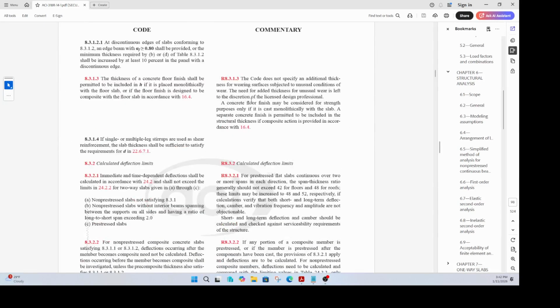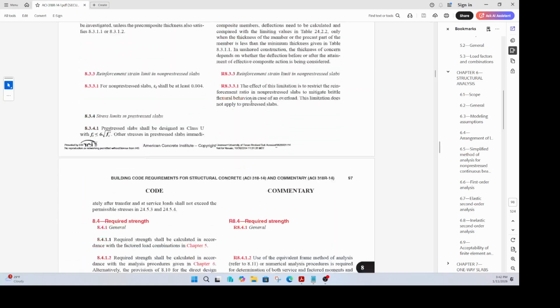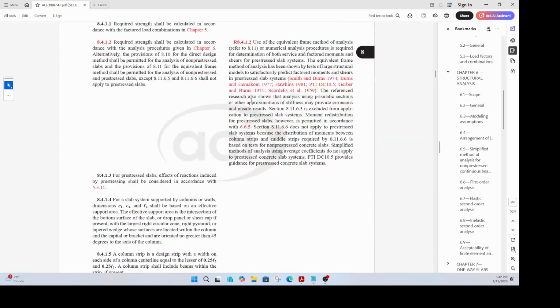Okay, so we talked about thickness. Now let's talk about deflection. It is not super important, meaning you can, if questions are pretty